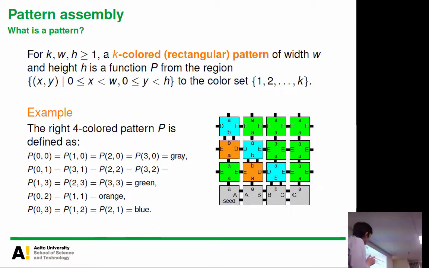Okay, so it's okay to put an AND gate on different DNA tile types. So it's okay to have many different blue tile types or many different red tile types. But the target is that each color corresponds to some specific functionality. And then the question is, can we make some tile assembly systems which assemble into some specific pattern so that the resulting self-assembled structure works as a circuit for some specific circuit design? So that is the motivation of pattern assembly.